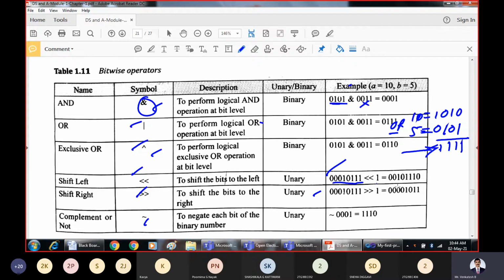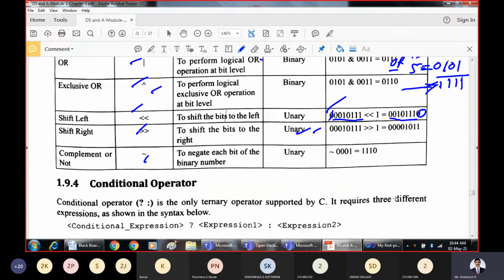Here, this leading 0 we will lose because we are shifting to the left. Then write all the remaining bits, 001 0111, and at the end we add 0. That is how the left shift works. Similarly, right shift shifts all the bits to the right, and we append the 0.